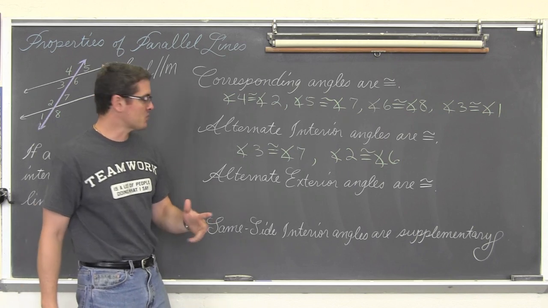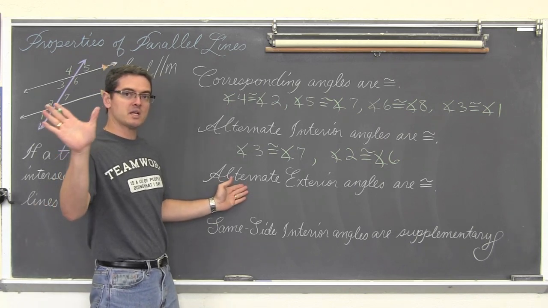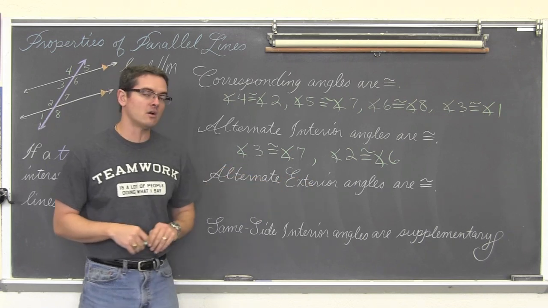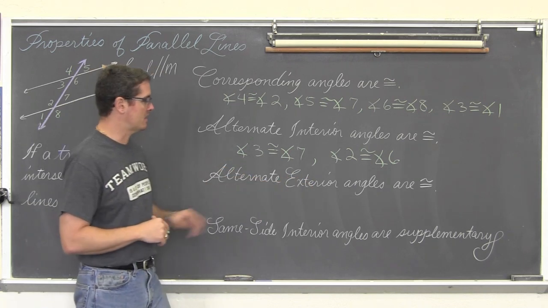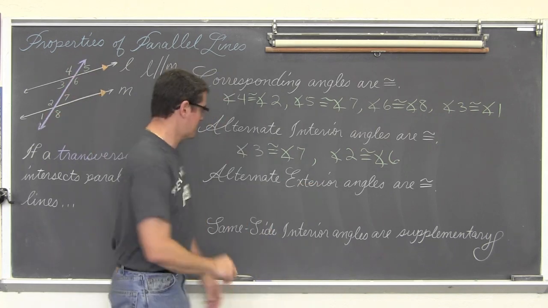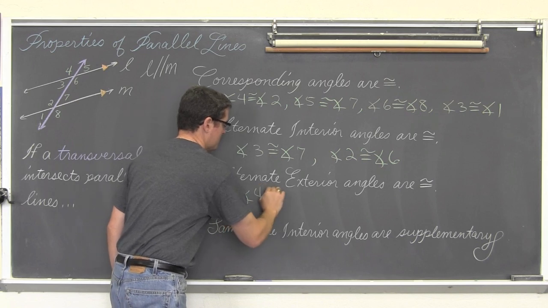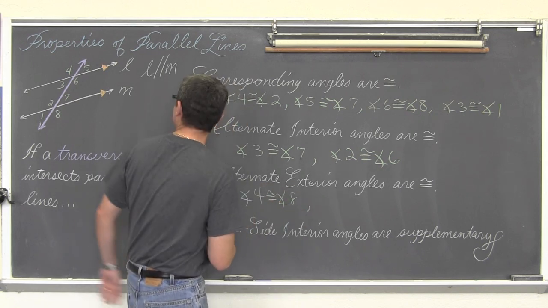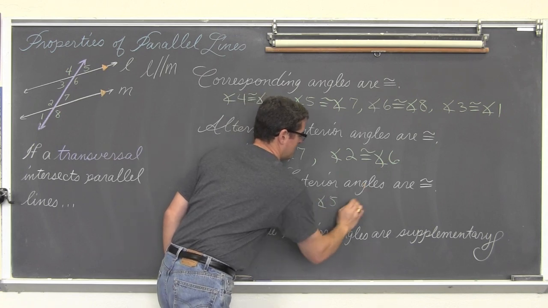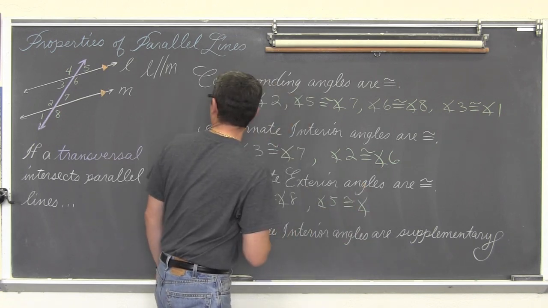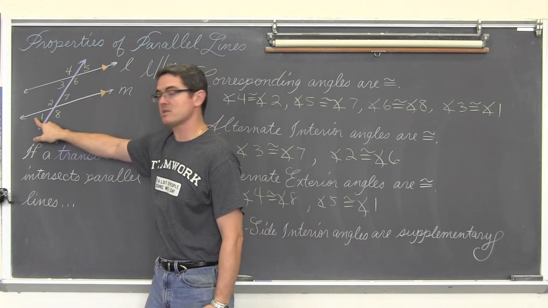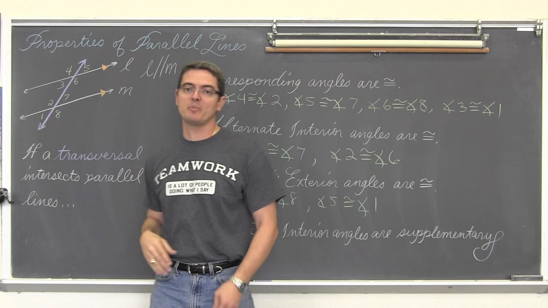Alternate exterior angles, where we're still going to alternate from one side of the transversal to the other, or be on opposite sides. Only we want to pick the pairs of angles that are outside those parallel lines being cut by the transversal. So now we're talking about 4 and 8 and 5 and 1. So angle 4 is congruent to angle 8, and angle 5 is congruent to angle 1. Okay, and again, like the 5, right side of the transversal, the ones on the left, and they're outside those two parallel lines.